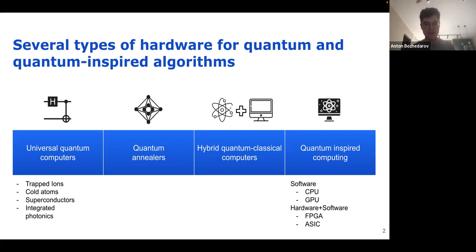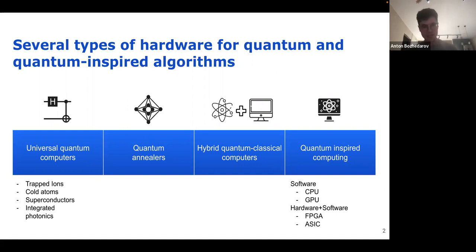Right now, you have probably heard about universal quantum computers. They are very hyped in social media and in some marketing campaigns of Google, IBM, and some Chinese companies who are already working on quantum computers. Such universal quantum devices will be able to solve any computational problem. So this is the general statement for quantum computers.